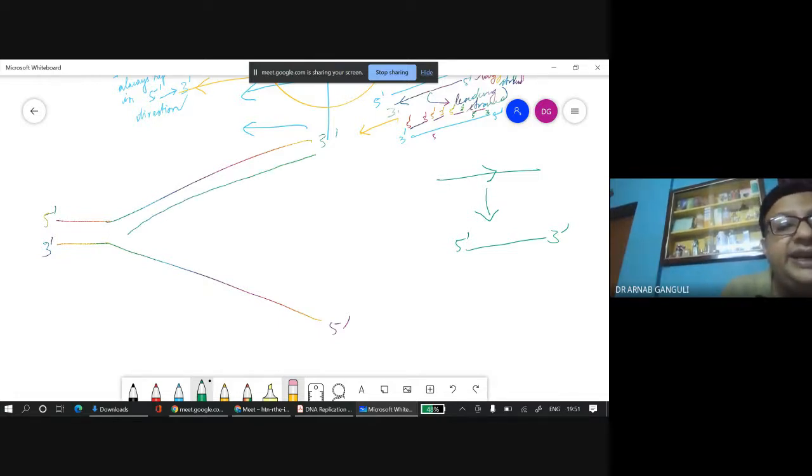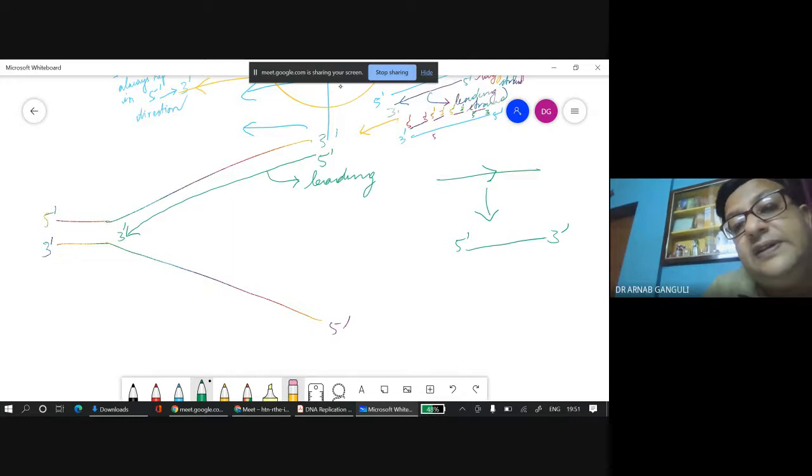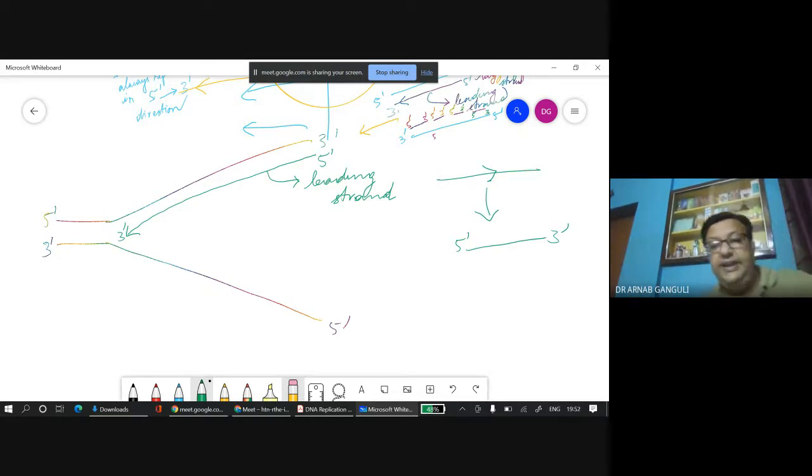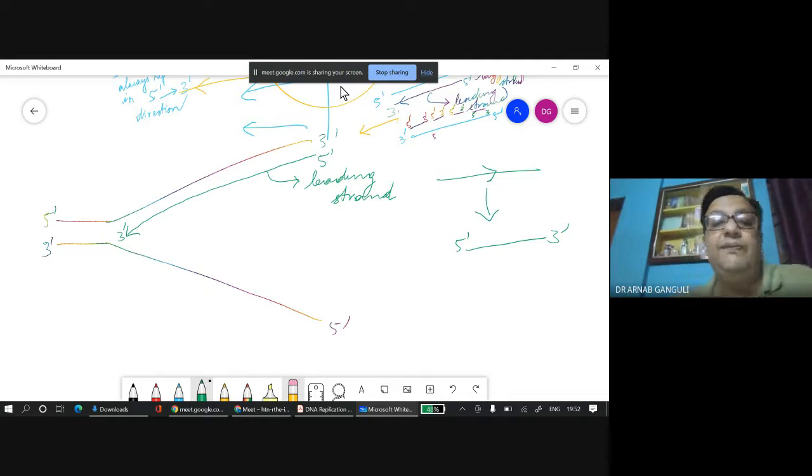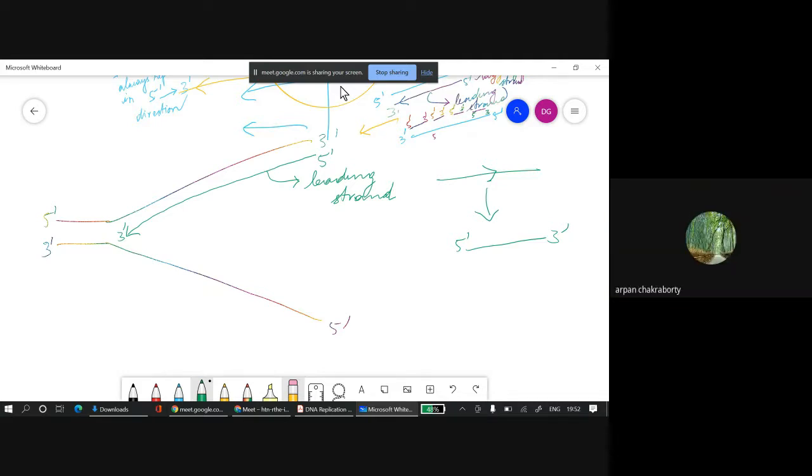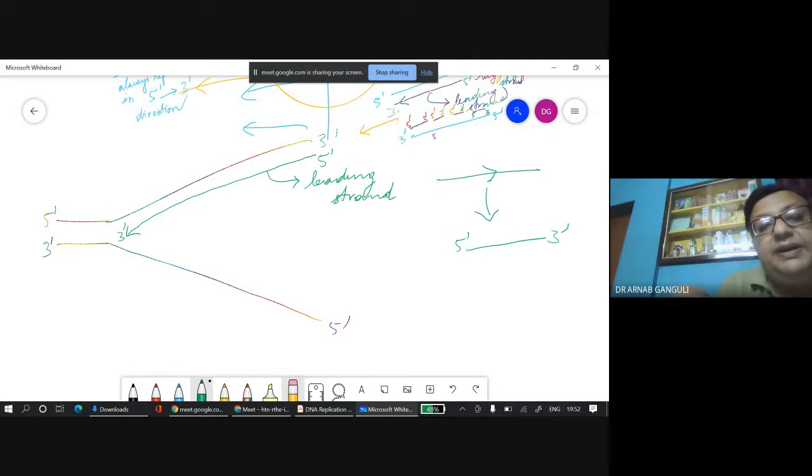this directly, 5 prime to 3 prime replication takes place. This is the leading strand. Okay, this is the leading strand. এটা ক্লিয়ার হয়েছে? হ্যাঁ স্যার। কিন্তু but the direction, the polymerase is moving in this direction, so the other strand is